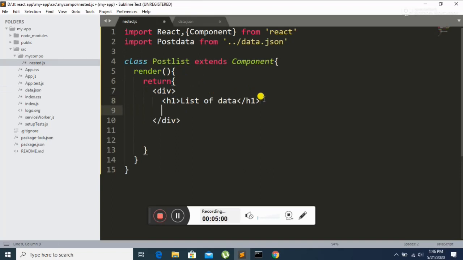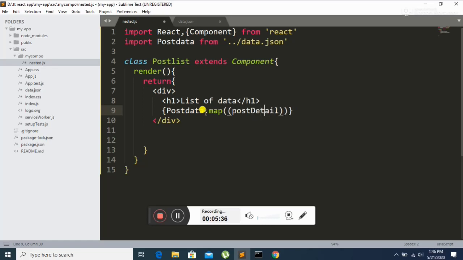And how can I call this function? So I just make a simple render function, post data. Here is the post data which I mentioned above. As you can see, this post data is calling the data.json, and this post data has a map, and I'm just going to call this map function, and the map function I again call it like this.